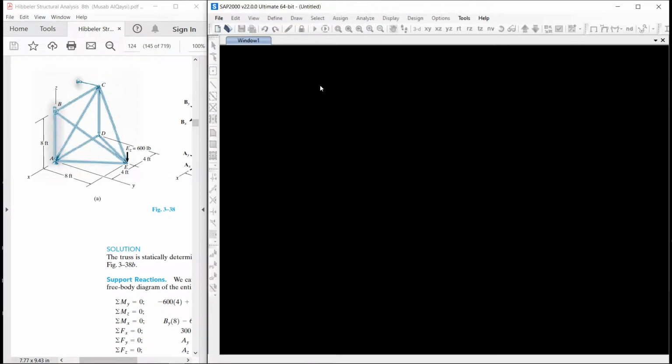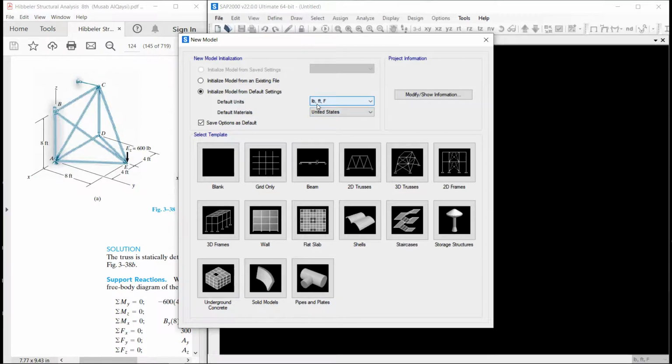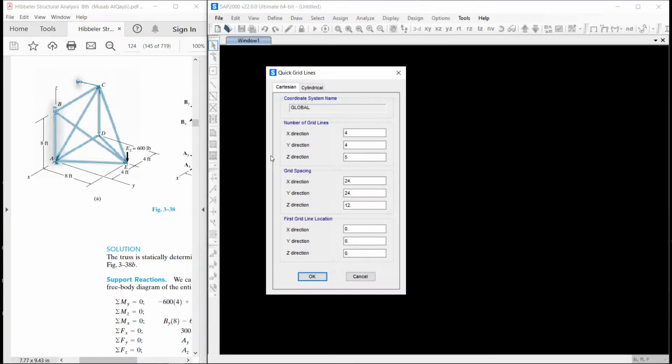New model. We will select the units as pound, feet and degree Fahrenheit, and we will start with grids only. As you can see, in X direction there are 1, 2 and 3 grids. They will be 4 feet apart.